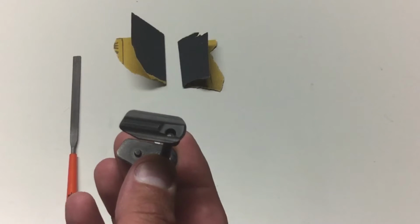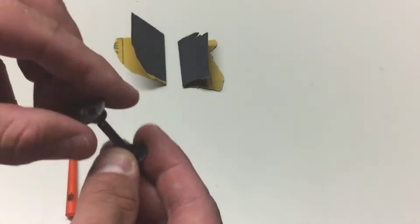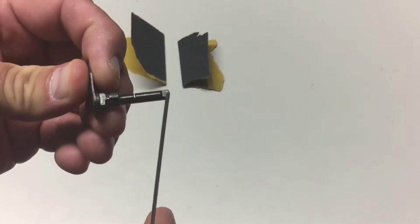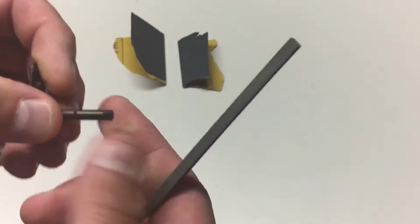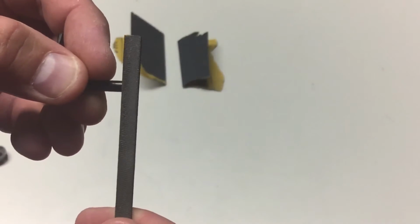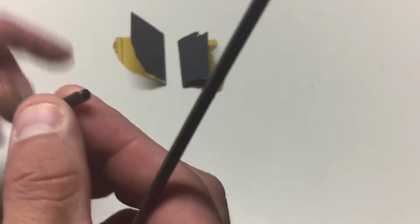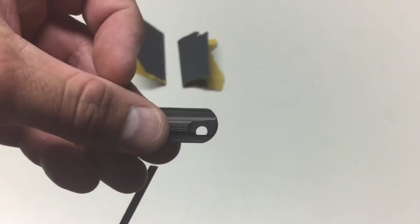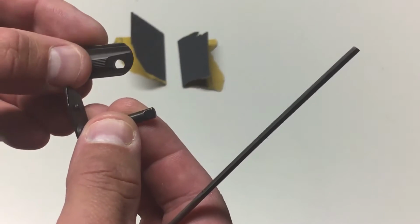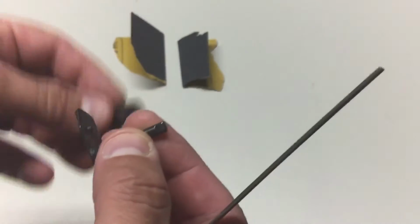So what you need to do, there's a couple things you need. A couple things I used. First is just a standard file. And what you're going to do is take this safety, and the top of it right here where I'm pointing to is flat. So you don't want to adjust the radius here. You just want to file off material off the top right here. The reason for that is when you file that, it actually gets a little bit shorter and it'll fit inside that D right there. So what I'm going to do is start filing on that and just take a little material off until it fits in there perfectly,